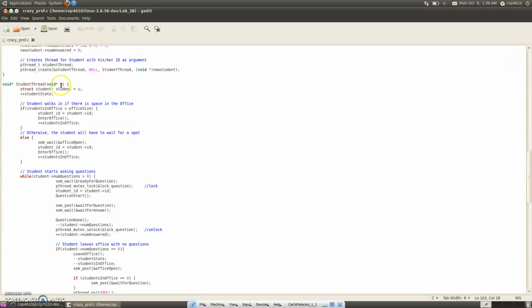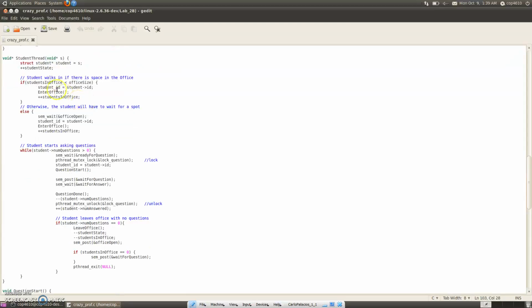This will be the student basically. I'm going to select the student, and over here, okay, we have an if and else statement. It's going to tell us if the student is able to walk in or not. So